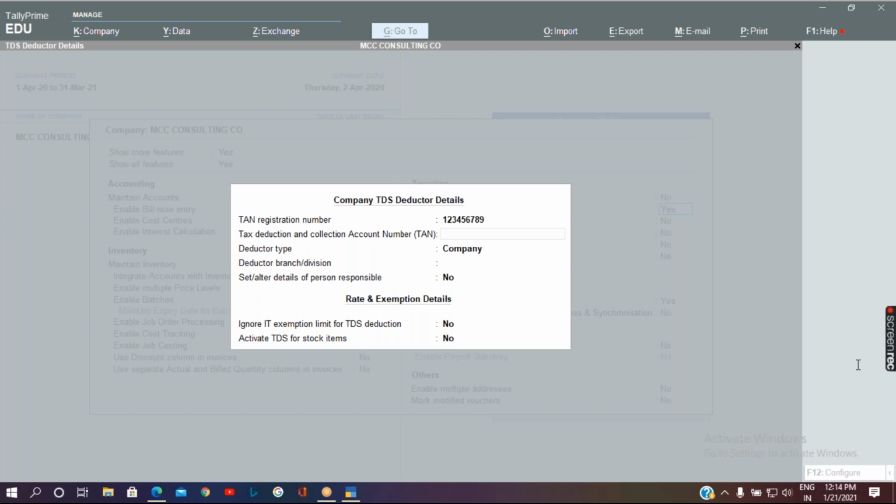So this could be an example of the TAN format. So 5 alphabets, 4 numbers, and 1 alphabet is for PAN, and 4 alphabets, 5 numbers, and 1 alphabet is the TAN format. This is very important, because whenever any person is going to collect tax, that person should have the relevant TAN.